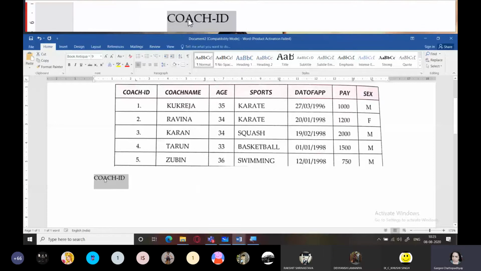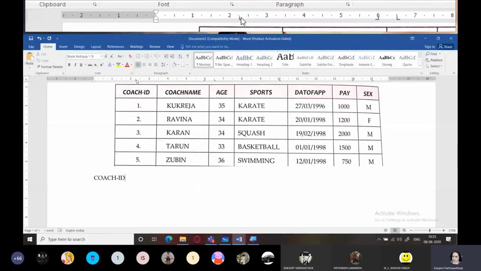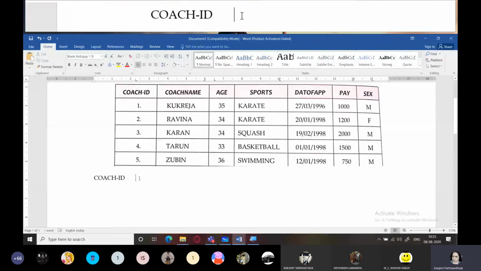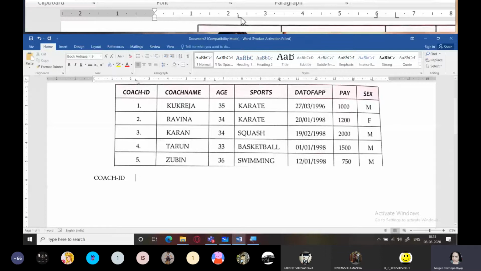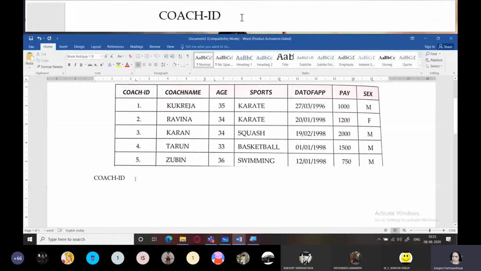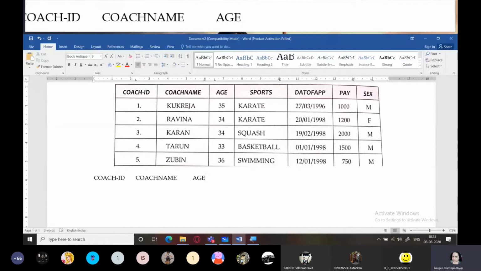right? Now see, my left is over here. Now when I press tab key on the keyboard, it goes to my next tab position. That is this one. You can see it is just vertically above this. So it goes to my next tab position when I press the tab key on the keyboard. Now I'm going to type here coach name. Then I'm going to again press tab, age. Now you can see age starts from the right side because I had provided what? Right alignment.